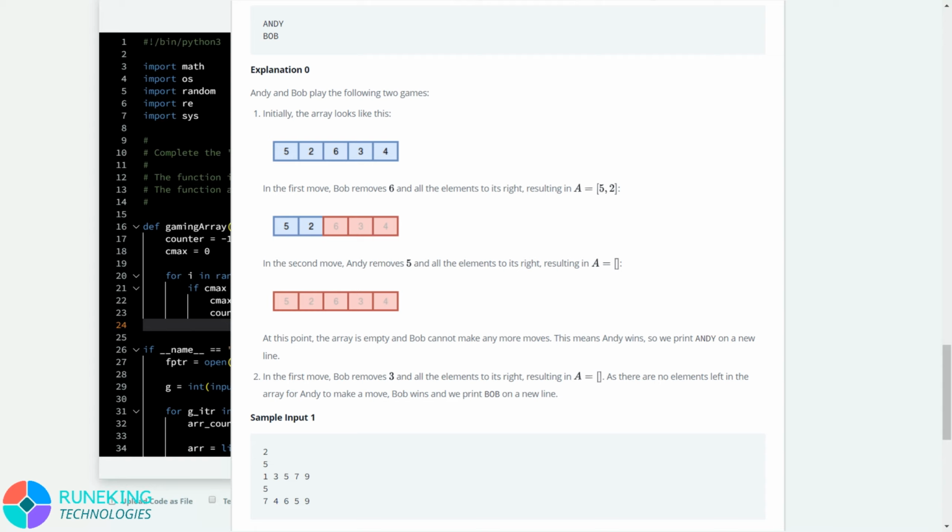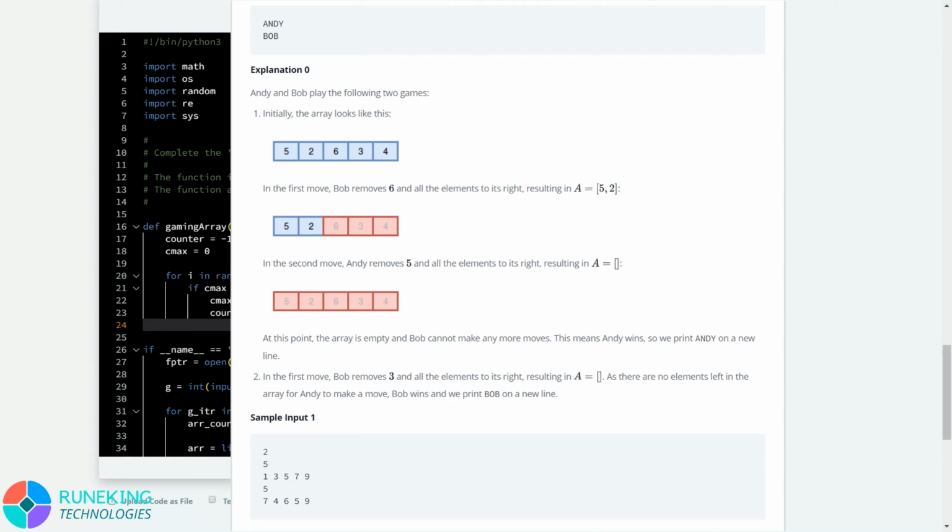That means our current max is less than ARR of i, 5 is less than 6, so our counter will increase by 1. Then there is no element greater than 6, so when we come out of the loop our counter will be 1. That means it is not an even number, not divisible by 2. So our answer will be Andy, and from the example you can see Andy wins the game. So our logic is correct.